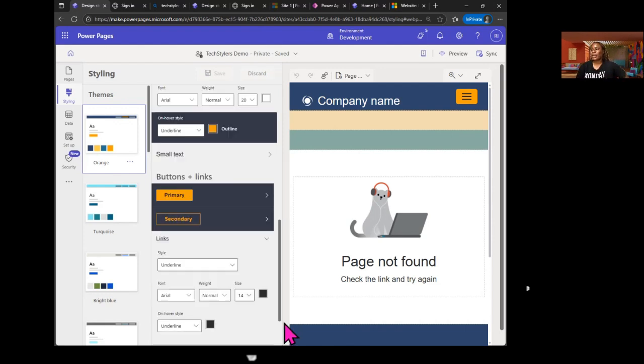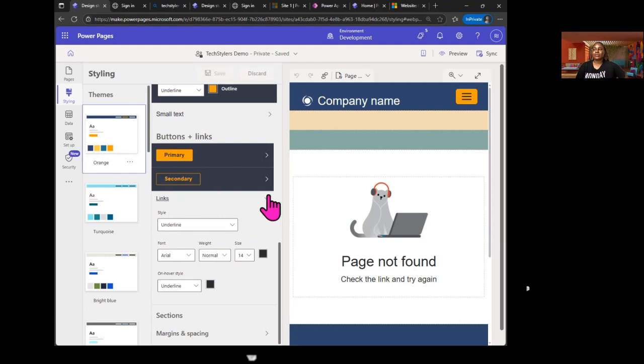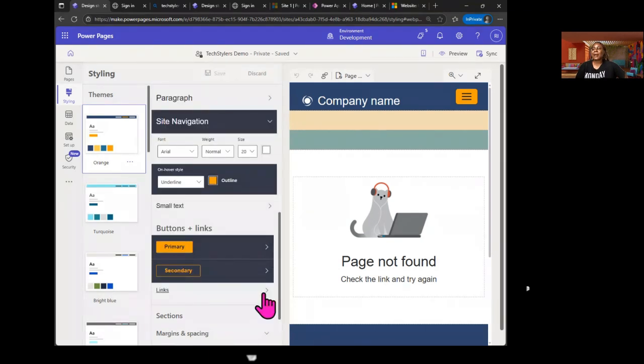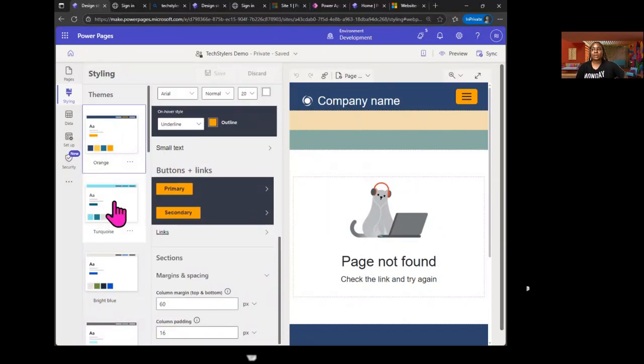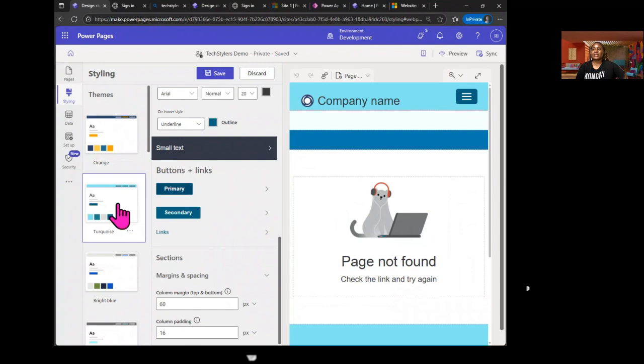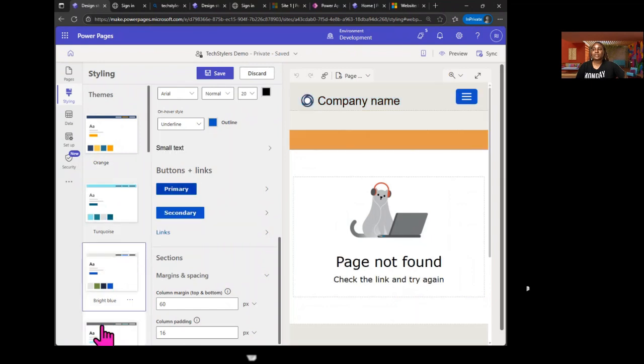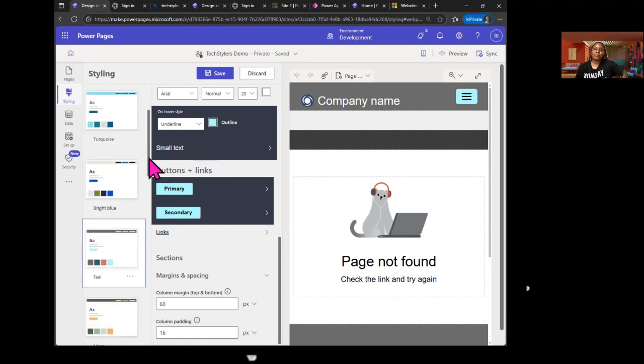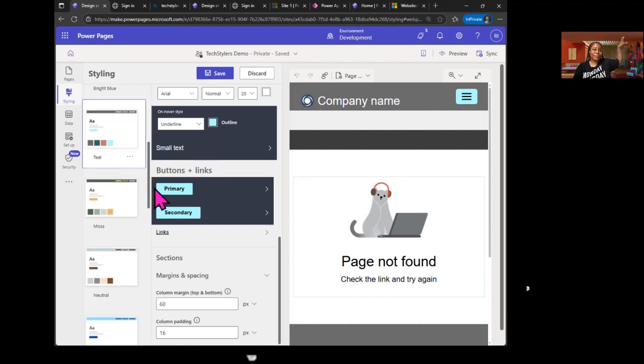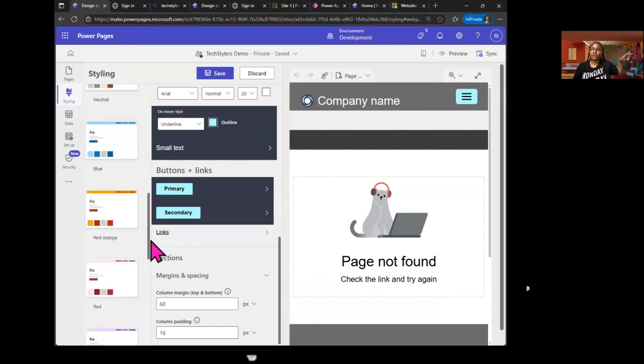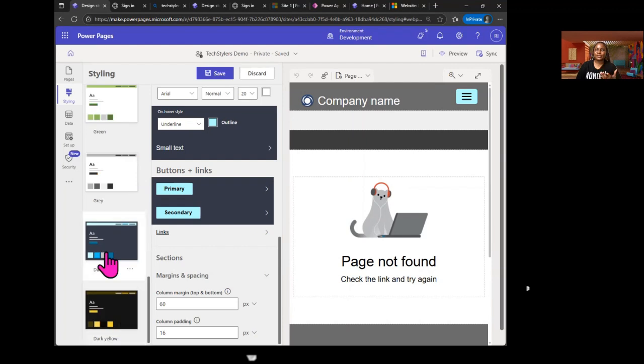We have link, and if you want to make any changes for the links, you can come here and make those changes. Even for the margin and spacing, you can come here and make those changes. Anything I click on, you can see the different changes happening. It's like using different themes in a Canvas app, Power Apps Studio: if you click on the three dots and go to themes, you have different options to click on. It works like that, but a little bit different. So if we come back to our pages,